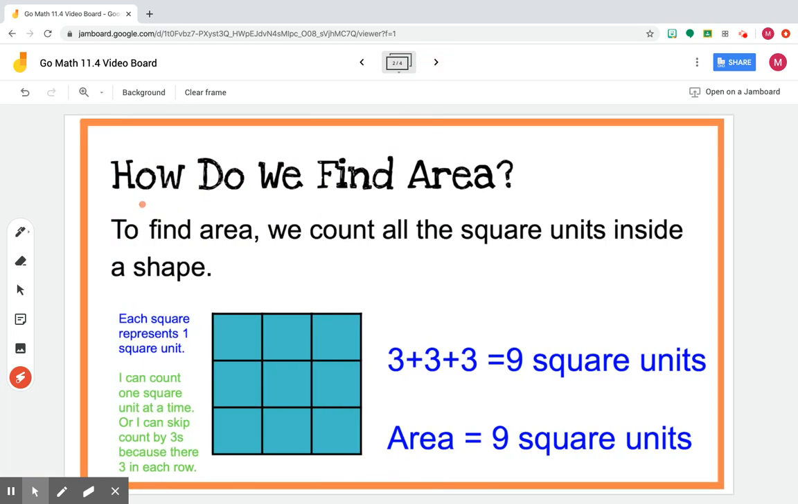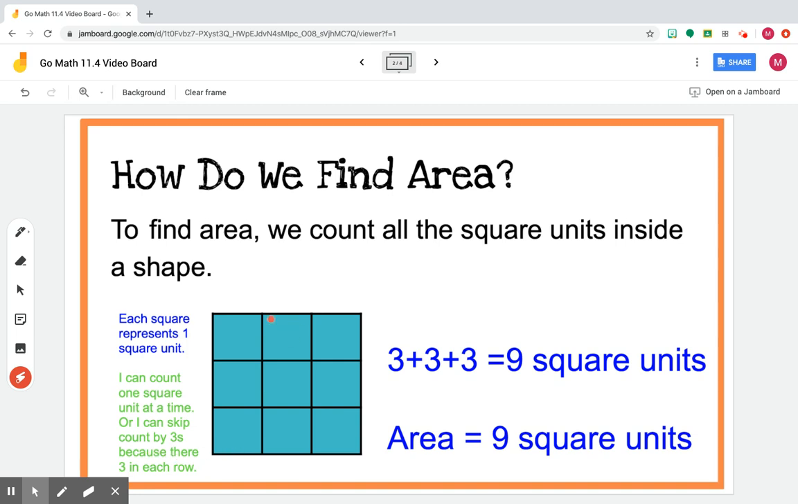So again, how do we find area? Today, to find area, we count all the square units inside of a shape. In this shape right here, each square represents one square unit. So this is one square unit, this is one square unit, and so on. I can count one square unit at a time, or I can skip count by threes because there are 3